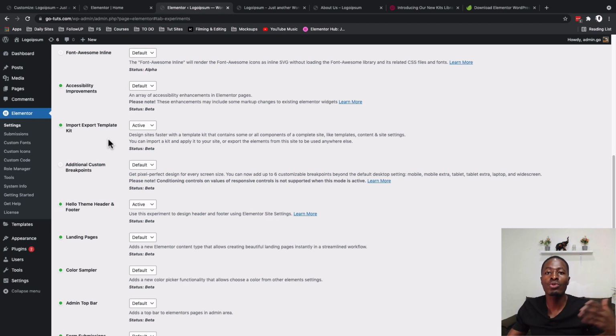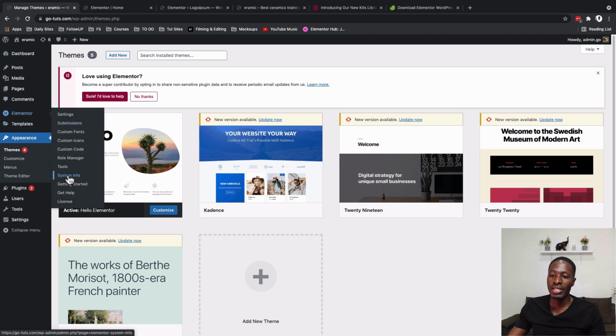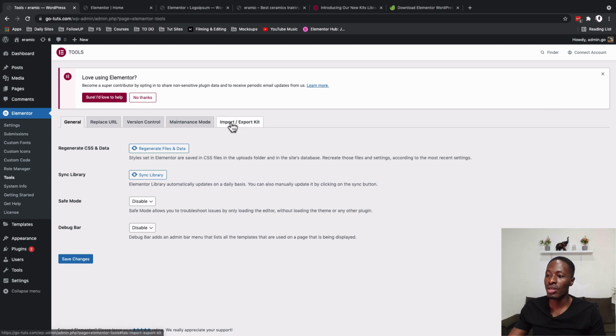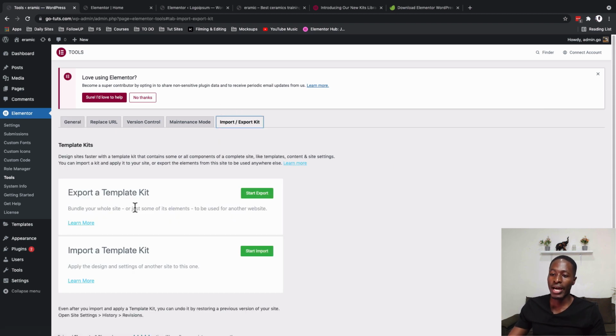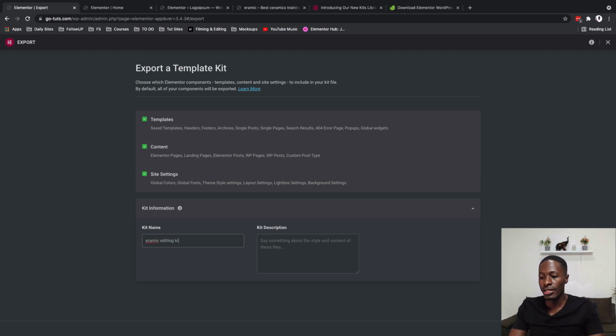All right, so now how do we actually export a kit that we want to use somewhere else from our Elementor website? Inside your dashboard, you're going to simply come over here to Elementor, come down here to Tools, and come over here to Import/Export a kit, and we are simply going to say Export a kit. So here it will ask us what kind of things we want to export, but there is something important, which is the kit information. So here we can name our kit and say ceramic edited kit,